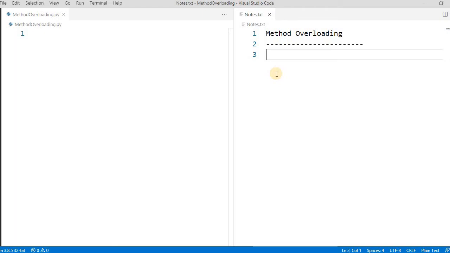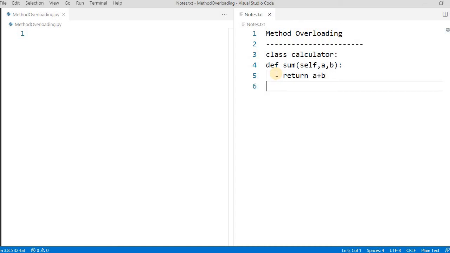And how do we write this code? We generally write something like class Calculate. We define sum, and you have to pass two parameters, self, a comma b. This takes two parameters, and it returns a plus b.